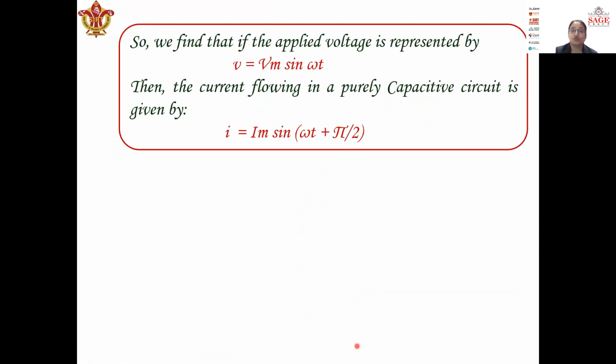So V is equal to Vm sin omega t, as we already know, and I is equal to Im sin omega t plus pi by 2. This plus and this pi by 2 show that the angle difference between voltage and current is pi by 2, that is 90 degrees. But here current is leading, because this is a plus sign, right? In the inductor the sign was minus, and the current was lagging 90 degrees behind the voltage, but now the current is leading the voltage by 90 degrees, that is pi by 2.